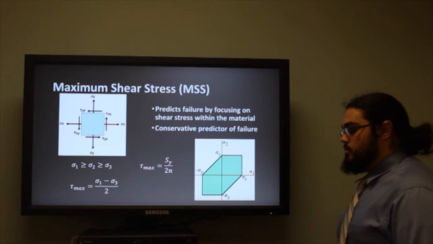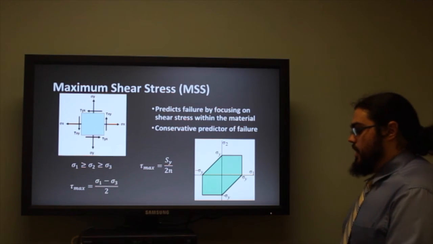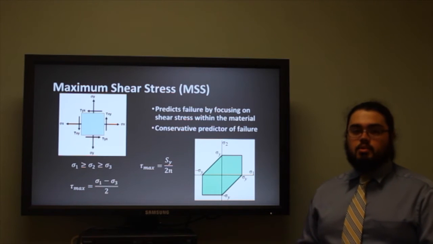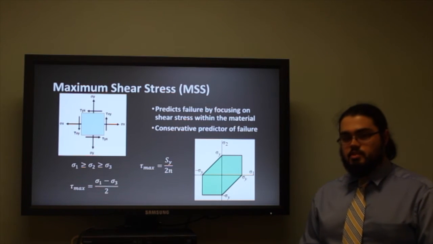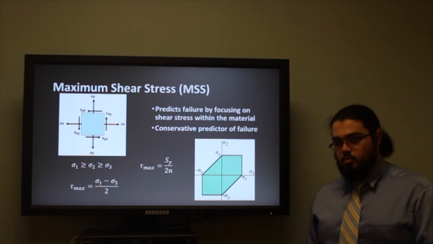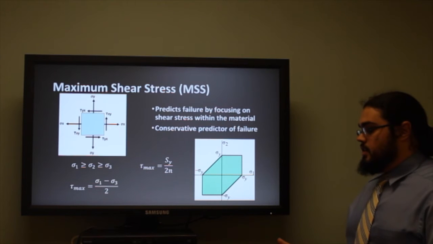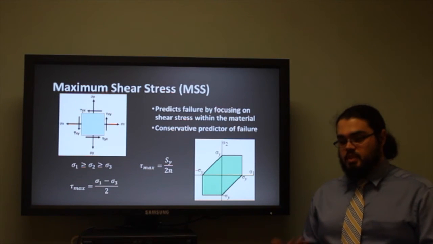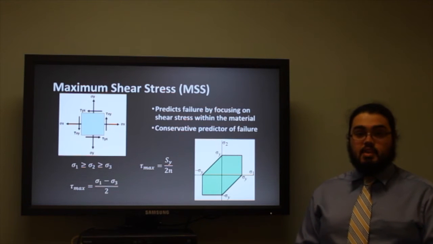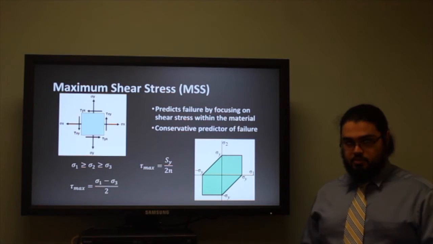So maximum shear stress theory predicts that whenever the shear stress inside of the part exceeds the maximum shear stress that the material can withstand, failure will occur. Okay. Now, the idea behind this is that when a sample of a material is put under tension, like in the tensile test rods that I showed you in the last slide,